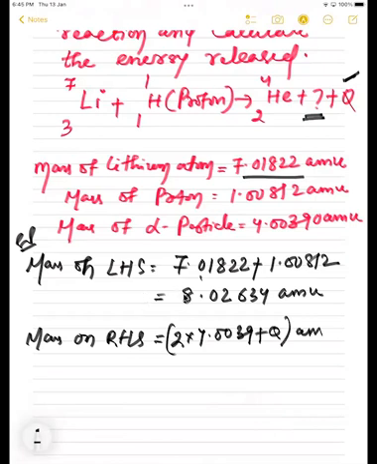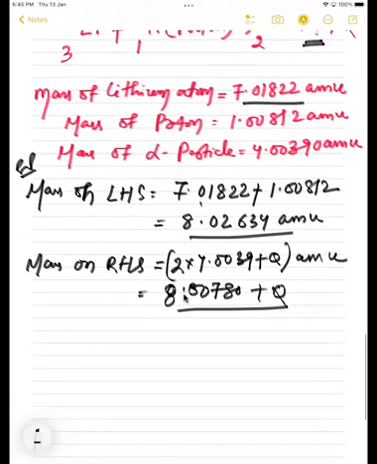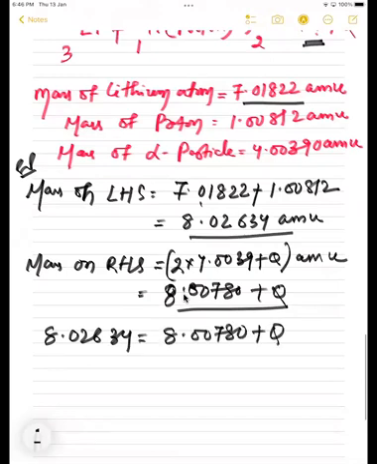That is equal to how much? 8.00780 plus Q, right? But right side is this much, left side is this much. Yes or no? So that means 8.02634 is equal to 8.00780 plus Q. So Q is equal to how much? By subtracting,